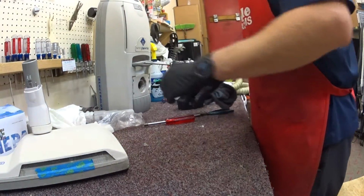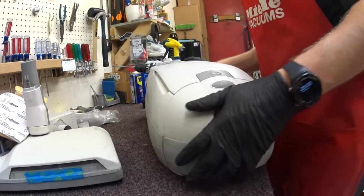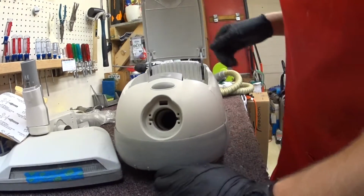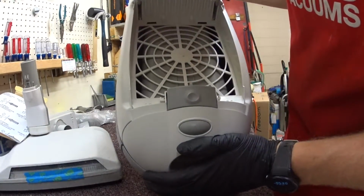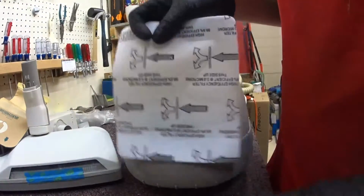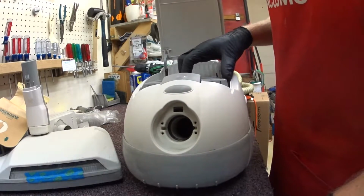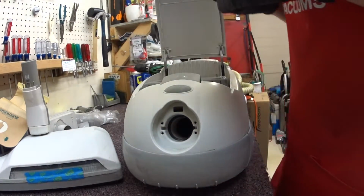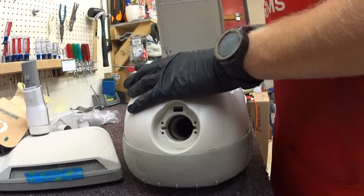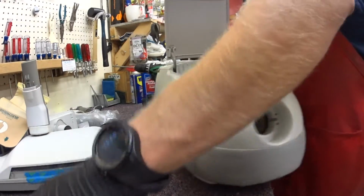Let's get to the main body of the canister. So, if this had its cover here, it would actually divert the air to come out right here through the tool lid. And then you'd have a microfilter here. But since the customer is using a HEPA, they don't use this. Nothing goes in there, which causes the tool lid to give this odd jitter, which I'm not a huge fan of. But what else can I do? I guess I could put some tape or something in there if I really cared about that, but not my vacuum. So